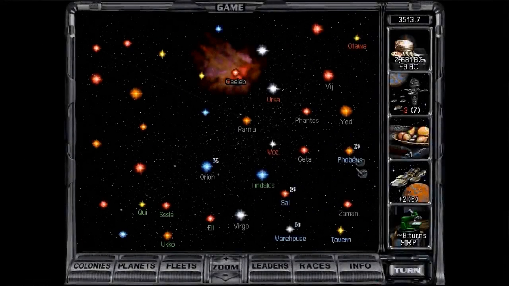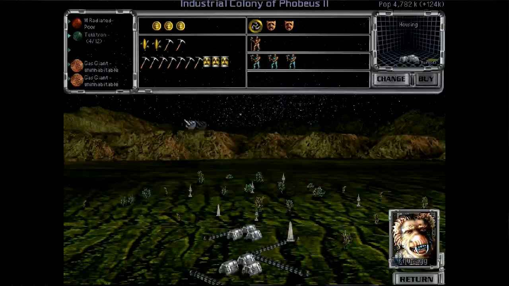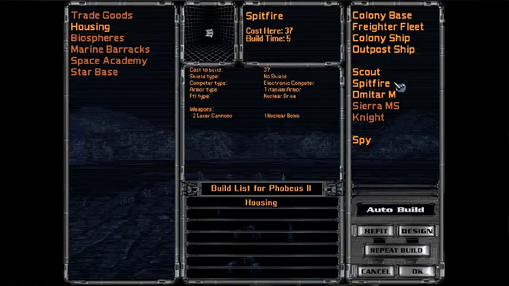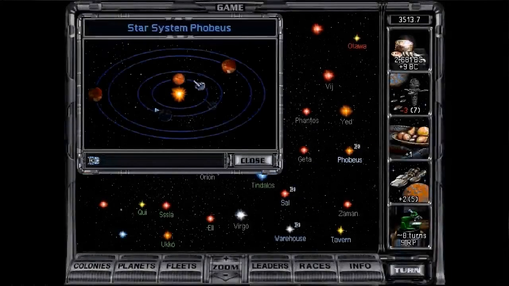Okay, we did colonize that, right? I know that was part of our goal. Okay, yeah, Phobius, we had colonized this planet because we had wanted it really bad. And what do we have going on? Housing here? Okay, that's right, because we need to get some of that population so we can really start cranking. Okay, and we got governors assigned there and all that kind of...